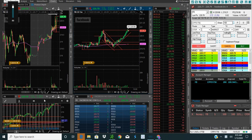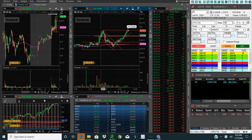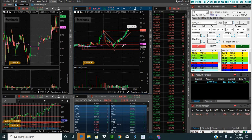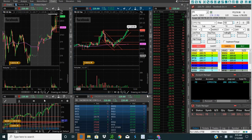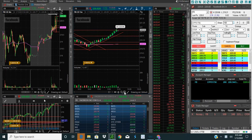Good morning, traders. Just bought Facebook off VWAP on the V-shaped pattern where old resistance became new support, you guys. This is the strategy I tell you guys all the time about. If you watched my last video, how to dip buy, and a lot of my live trades, you'll see